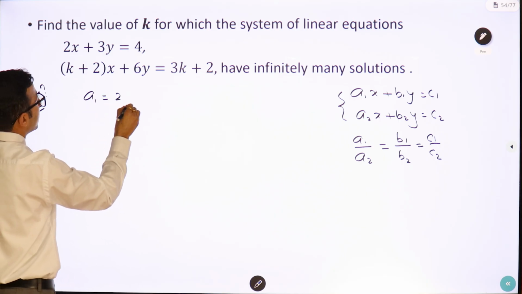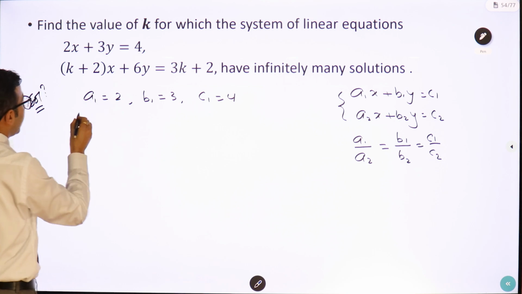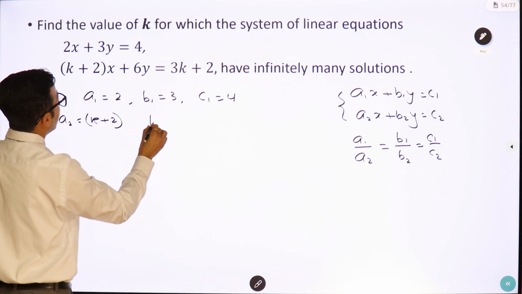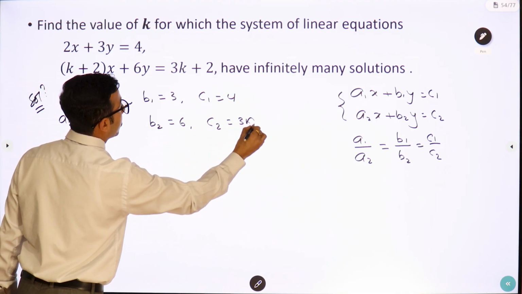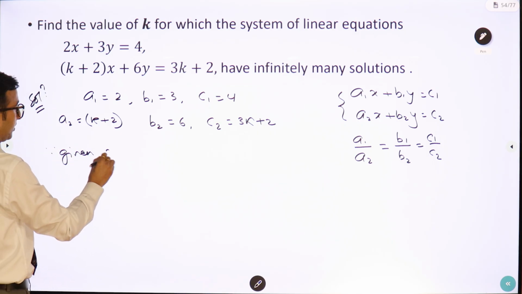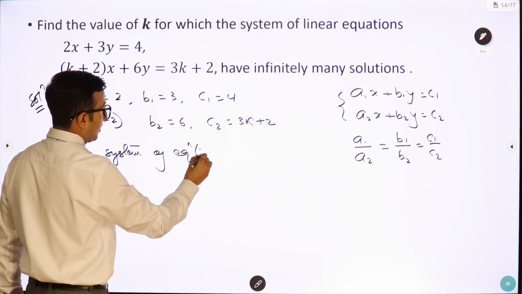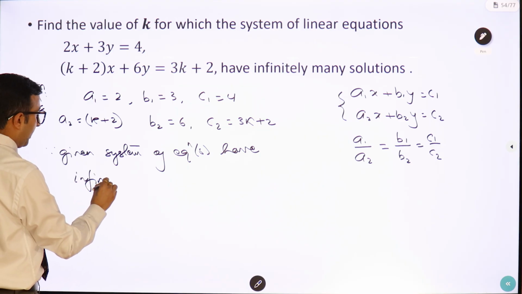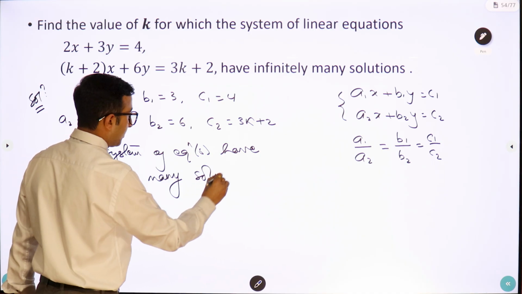a1 is 2, b1 is 3 and c1 is equal to 4. In the second case a2 is k plus 2, b2 is 6 and c2 is equal to 3k plus 2. Since the given system of equations has infinitely many solutions,